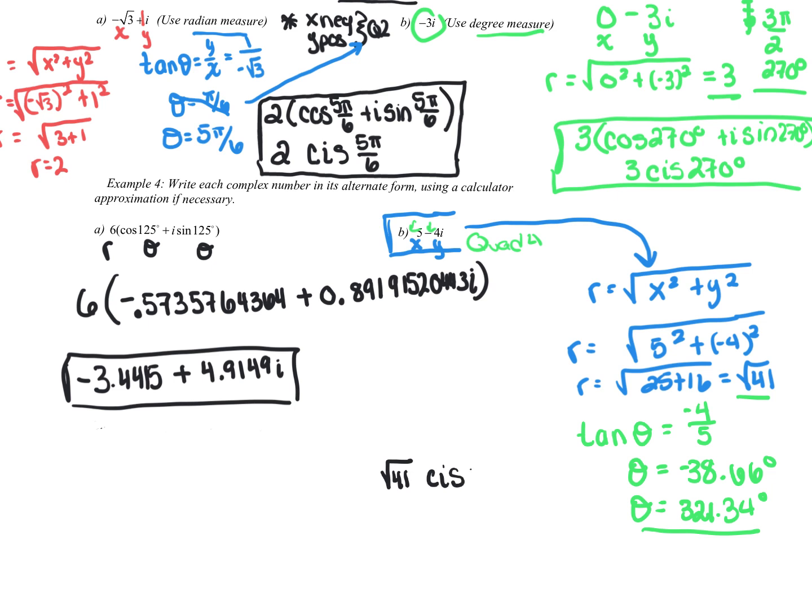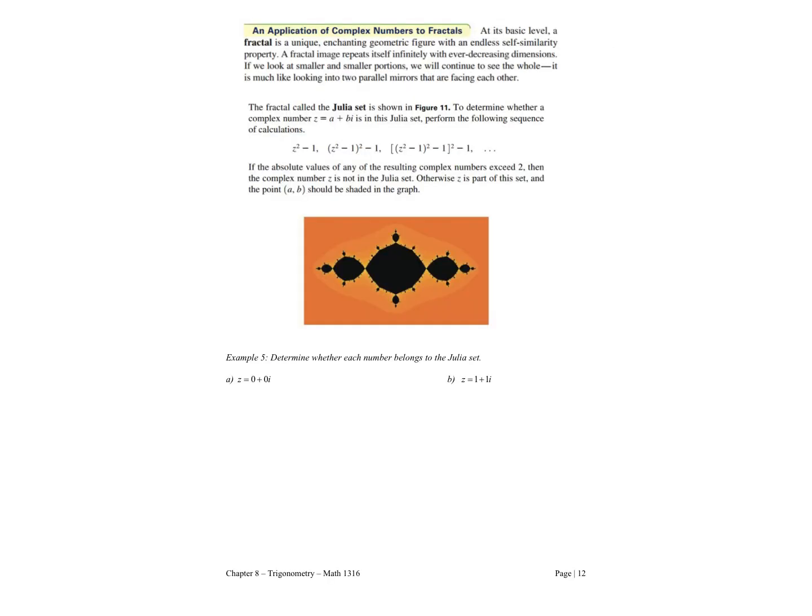And now because I have my theta and I have my r, I can write this as r CIS 321.34 degrees. Or you can write it out the whole way, square root of 41 parenthesis cosine of 321.34 degrees plus i sine 321.34 degrees. Those two forms are equivalent. Okay, all of that was lots of fun. And that's really the bulk of